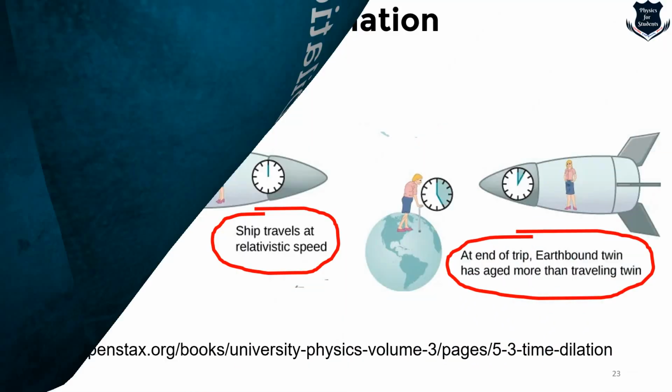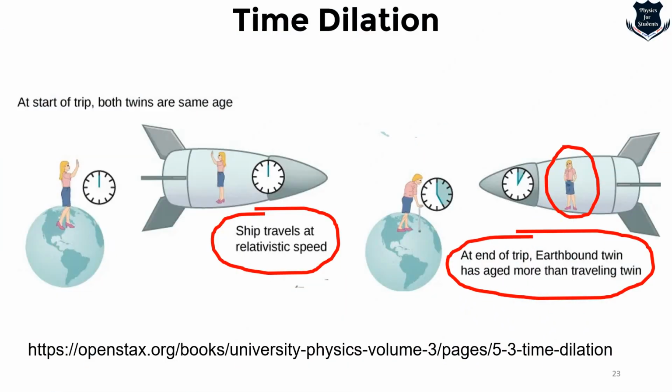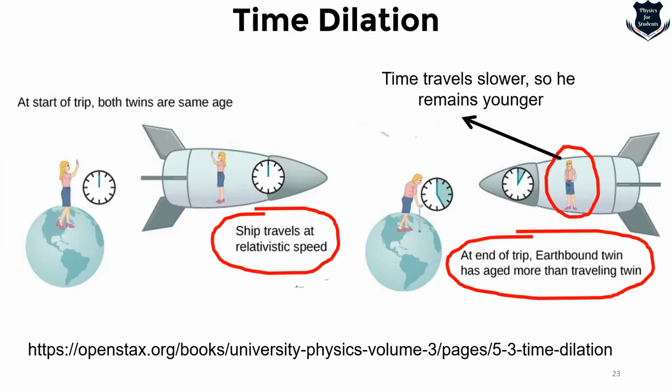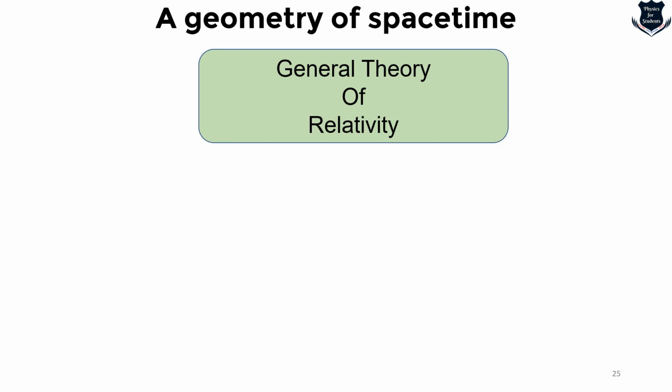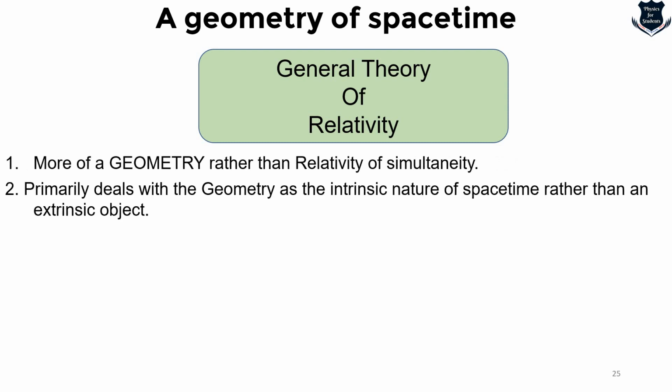We also saw what is called time dilation, and here, if a twin travels, time runs slower for him, so when he comes back to the earth, this person has aged more and that person has aged less. Apart from that, we also looked at the geometry of space-time, where we saw